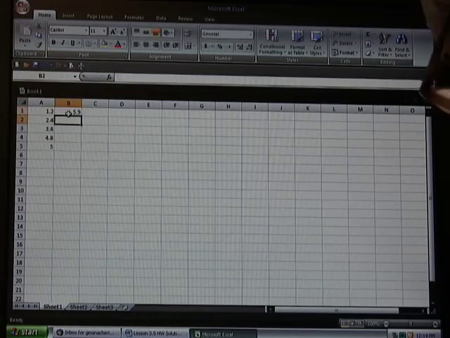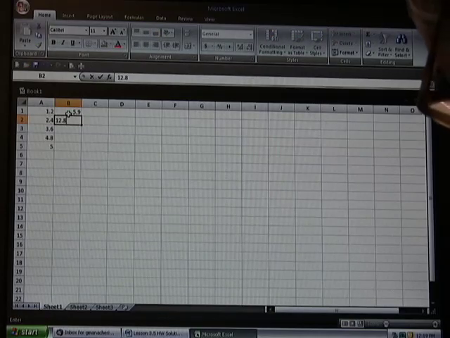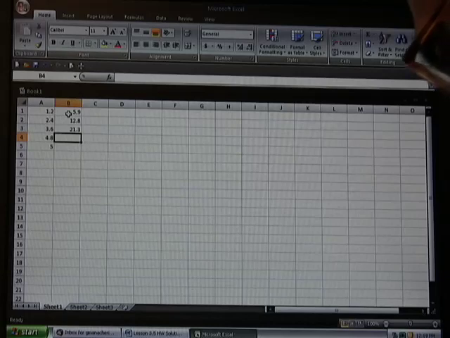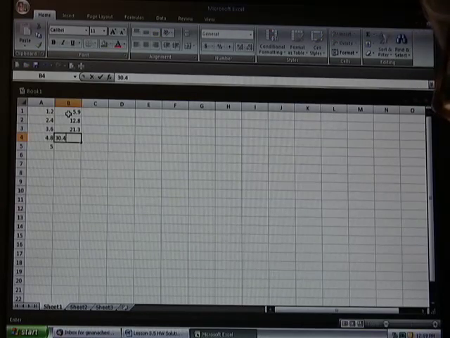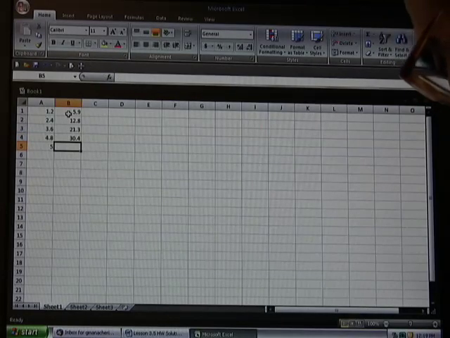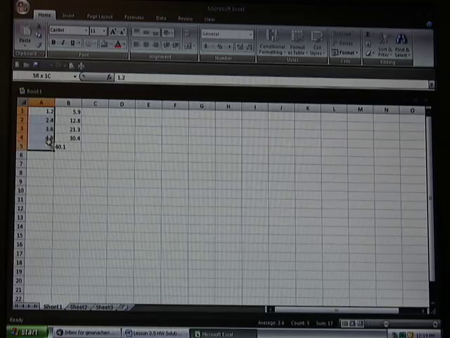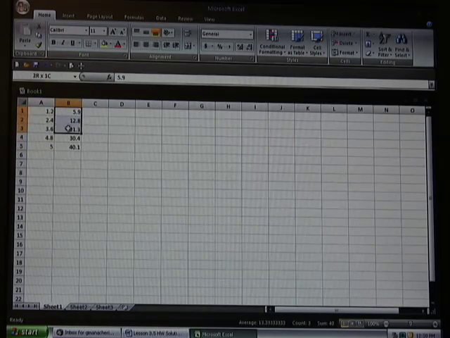and my corresponding Y values are 5.9, 12.8, 21.3, 30.4 and 40.1. So once again, your X values must be the first column and your Y values must be the second column. Alright, now once you have them,